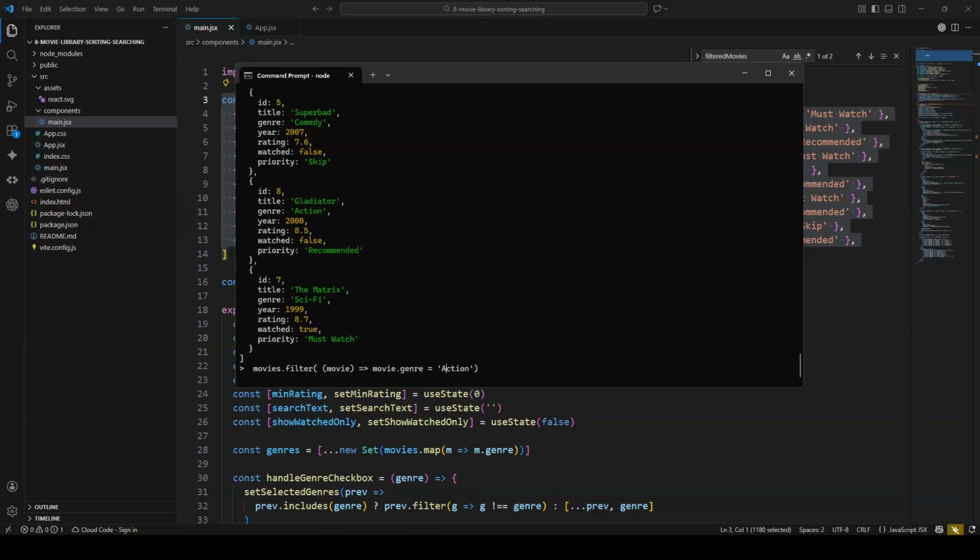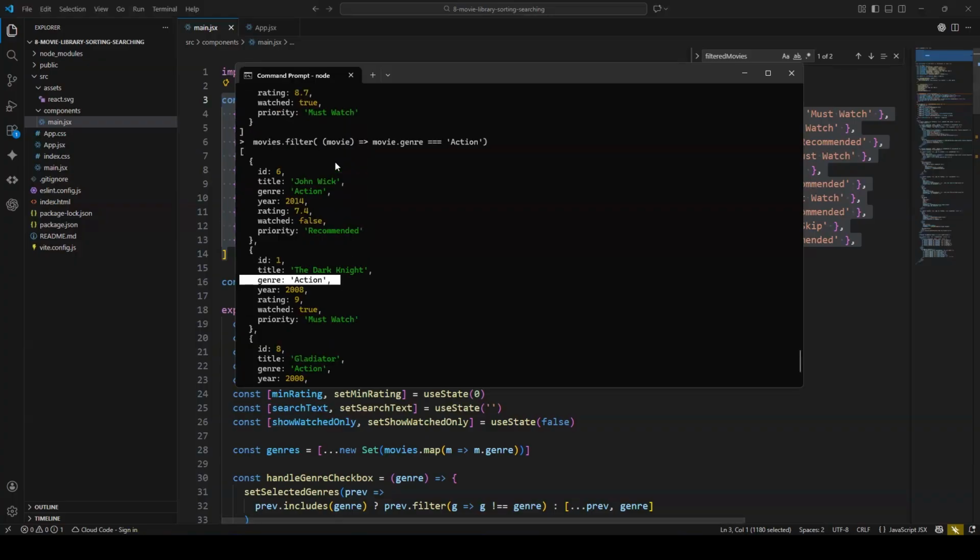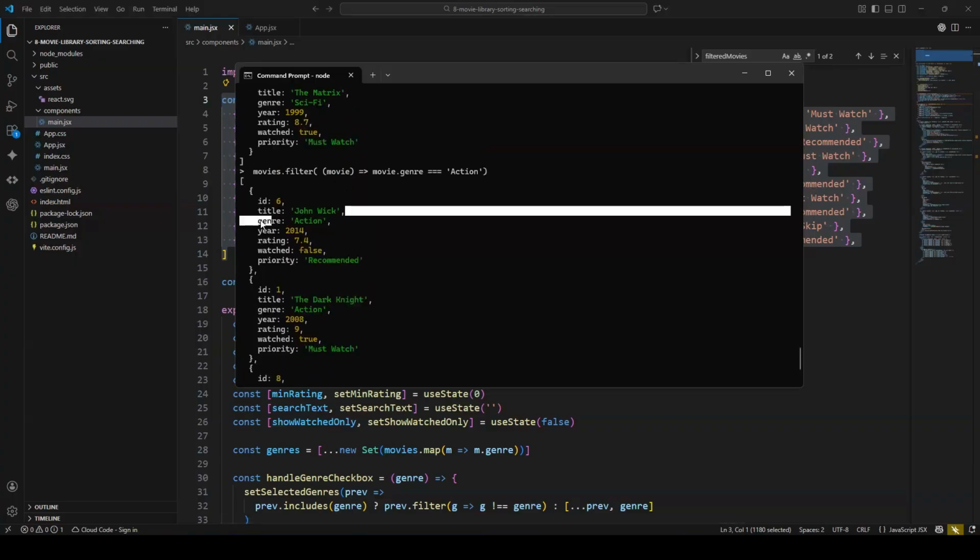Equal to equal to. And now we get just the movies which were action. This is how we can operate not just on numbers, but on the strings as well. So we have seen now applying our collection method on an array, on numbers, on an object most importantly, and